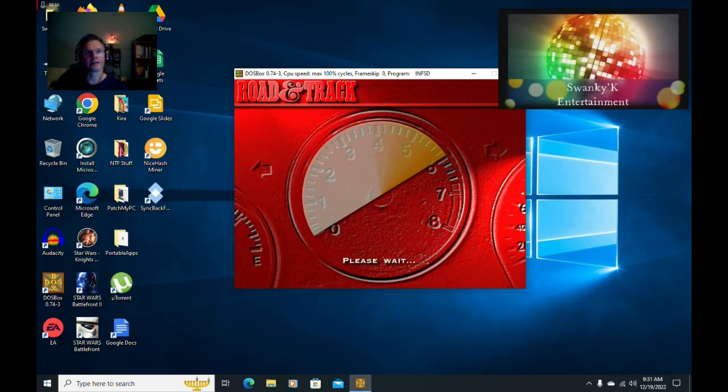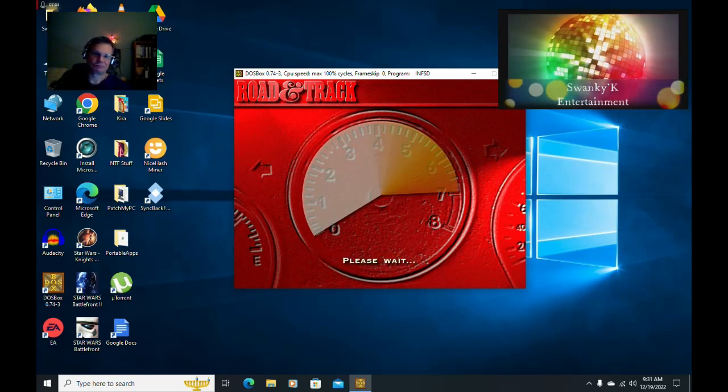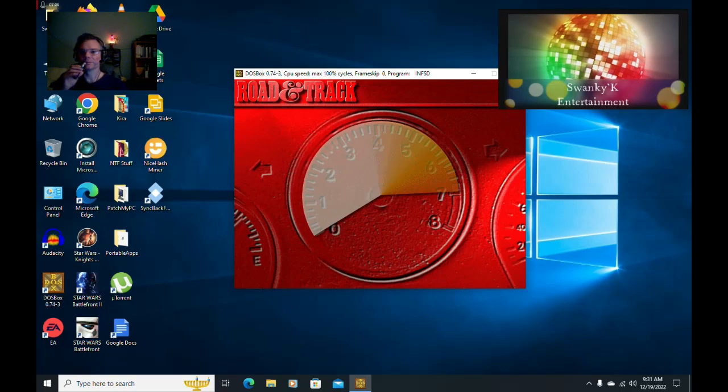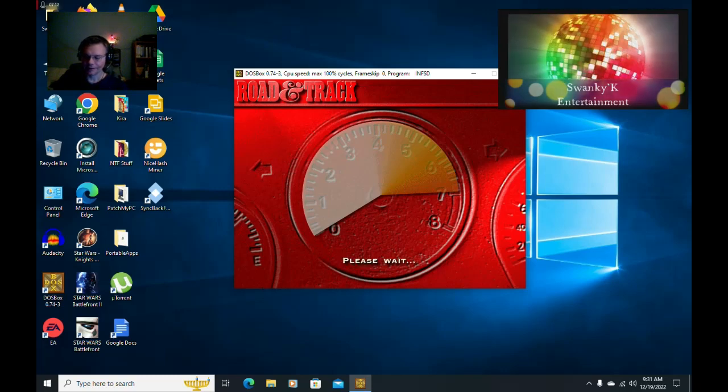Granted, it kind of begs the question, maybe I should try and see if this works on a Windows 98 virtual machine? I don't know. Might work. Might not. The game shouldn't know any different, but sometimes what works in theory doesn't work in practice. So